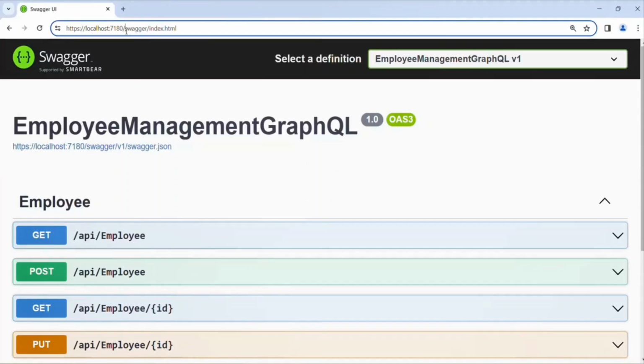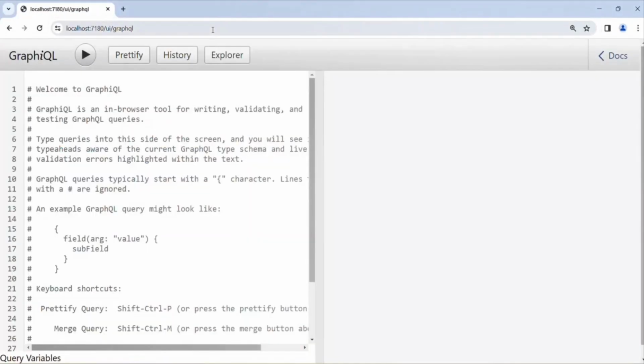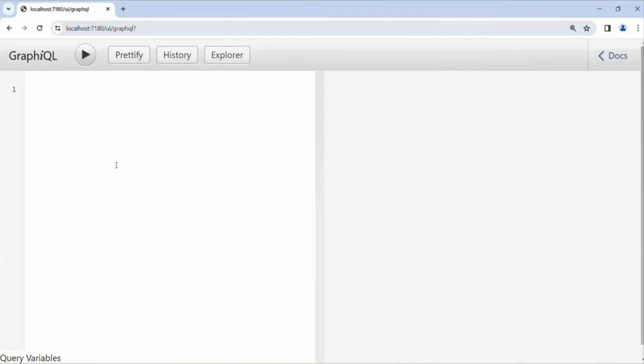Now what you have to do is go there, UI/GraphQL. So now you can see your GraphQL playground is open. Now you have to clear this and start typing your GraphQL query. Under these curly braces, first try to call your employees query. So employees, and for this, what you are expecting is ID, and then email,